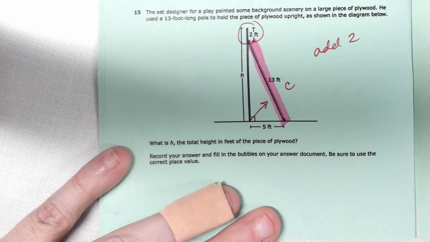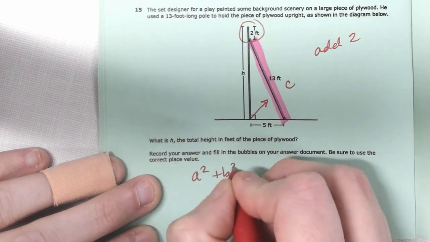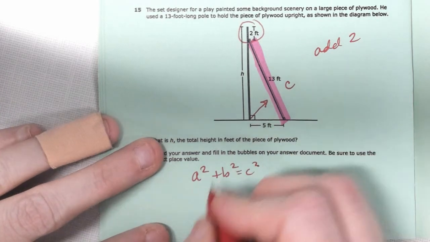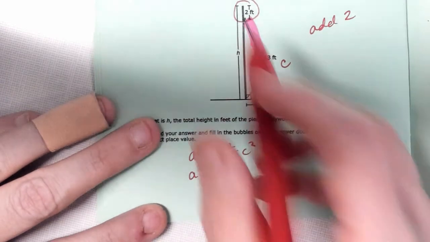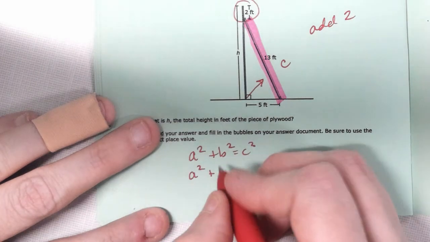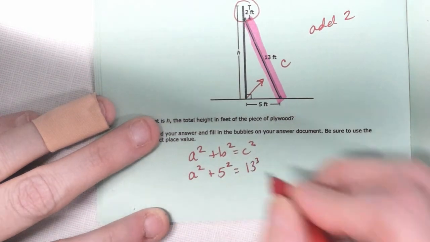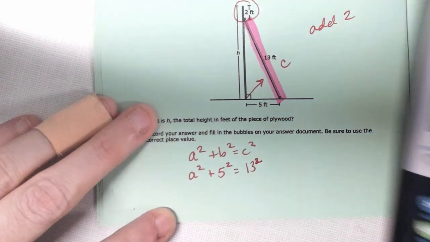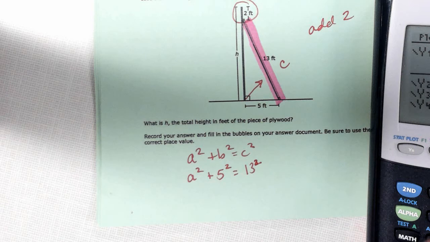Okay? So I'm going to do a squared plus b squared equals c squared. I don't know a, because if we're missing one of the legs, we're always going to make it a. I know b is 5, so 5 squared, and c is 13, 13 squared. So in my calculator goes x squared plus 5 squared